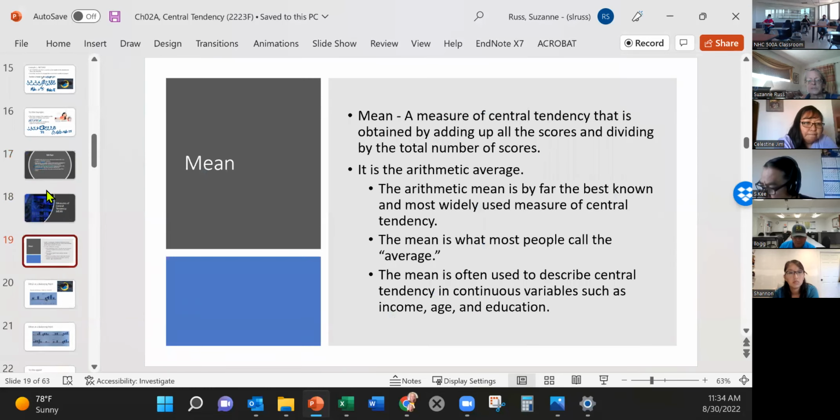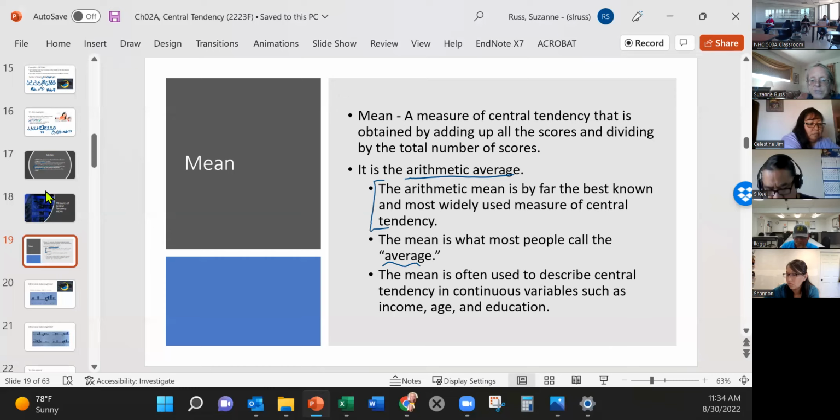All right, so mean is just a measure of central tendency that's the same as the average you worked with probably when you were younger. All it is, we add up the scores and divide by the total number of scores. It's the same as the arithmetic average. And this is the most common thing. You're going to be working with mean in every single statistical problem we do once we start doing inferential stats.